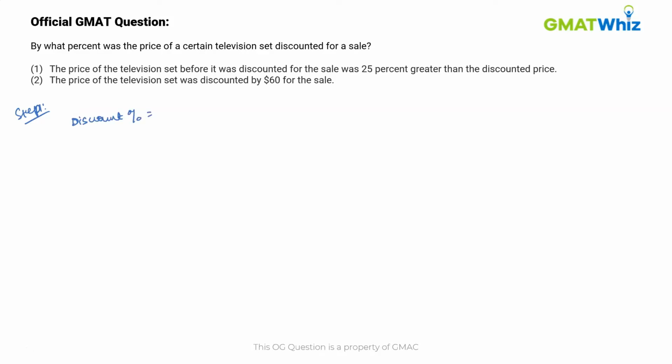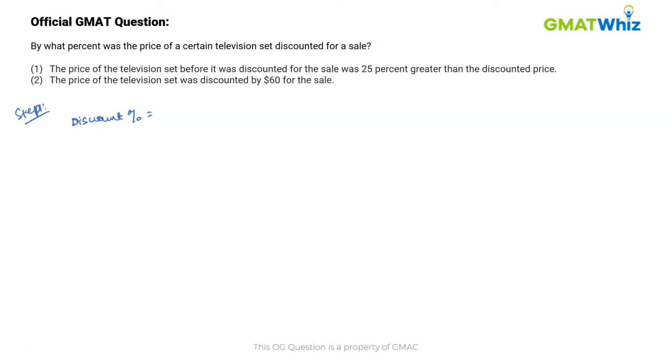This is a very common mistake in DS questions where the question basically asks for the discount in dollars, and in the statements we are given the discount in percentage, and sometimes students end up marking the statement as sufficient. So this is very important to remember that the question is asking for a discount percentage. Now, since nothing else is given,